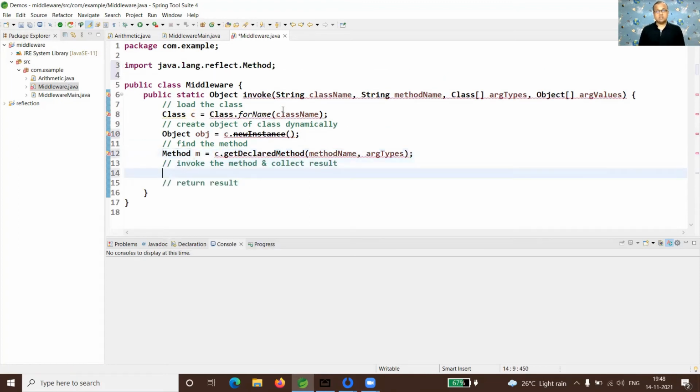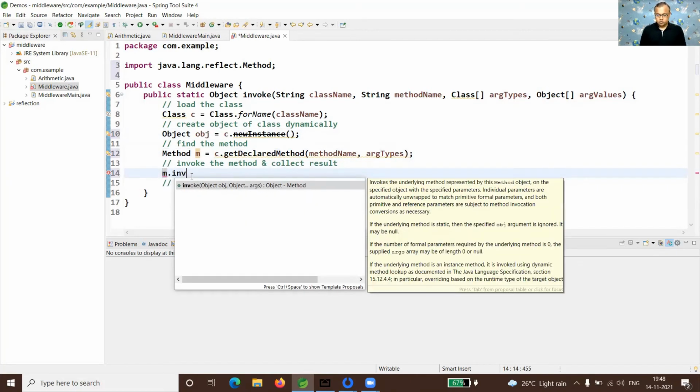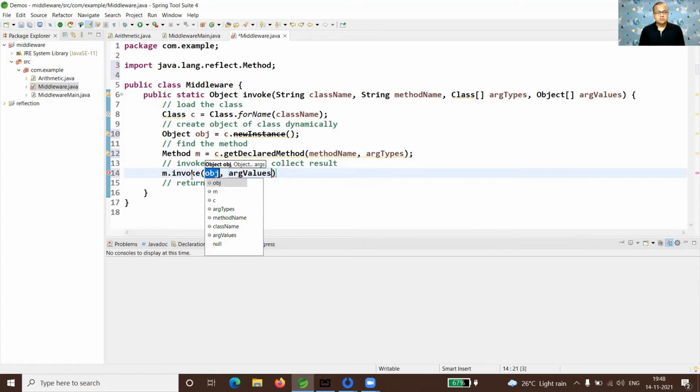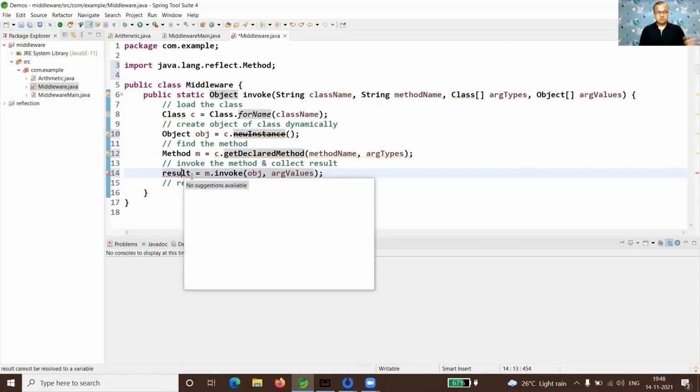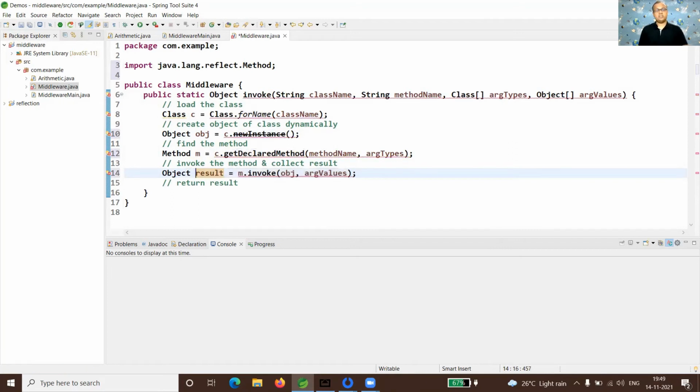This method object I want to invoke on the created object, m.invoke on the created object with the given argument values, and it will get me the result, which will obviously be of the object type in general, and this result I can return.